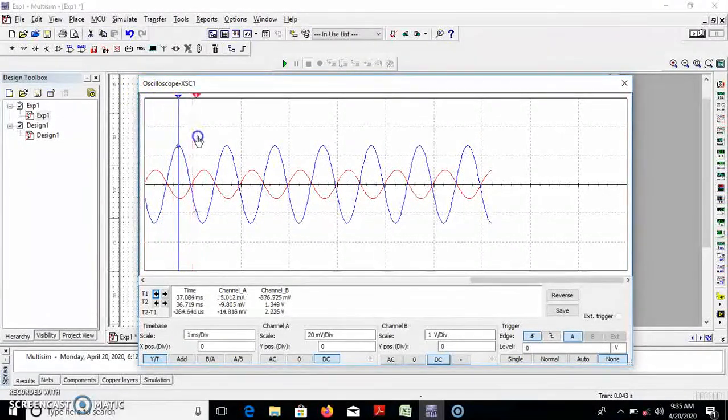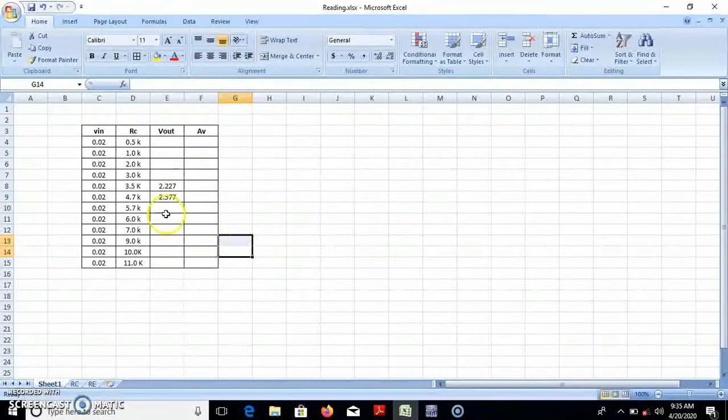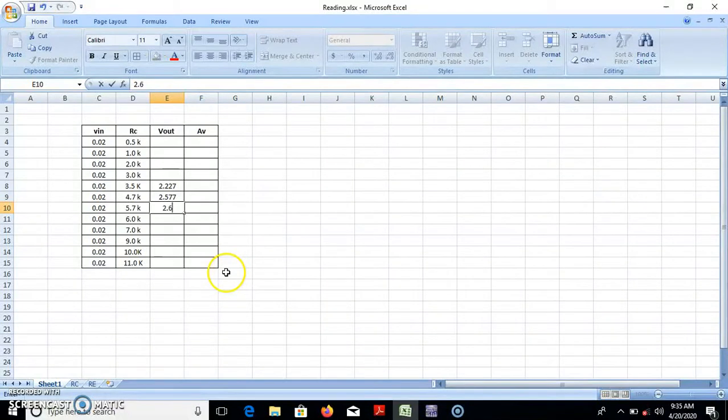So go to this bar, go to the maximum negative, maximum positive, that will give you 2.698. So write it down, 2.698. Similarly you can change the value of RC from 0.5 kilo ohm, that means 500 ohm, to 11 kilo ohm, and note it down.